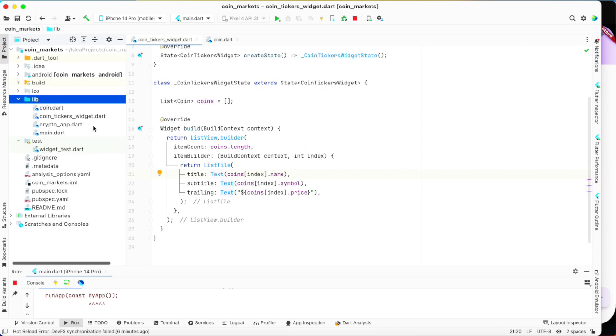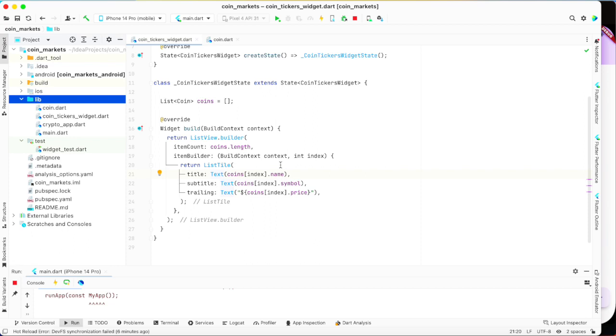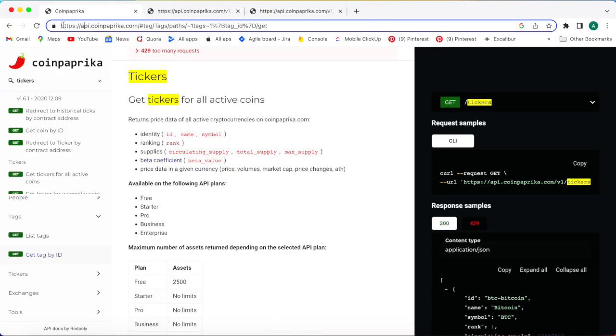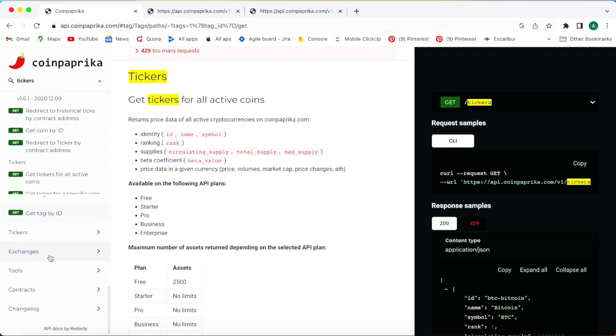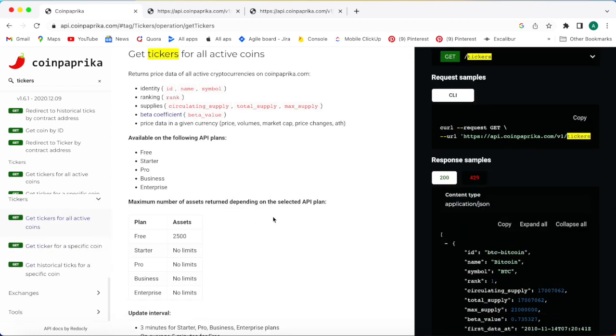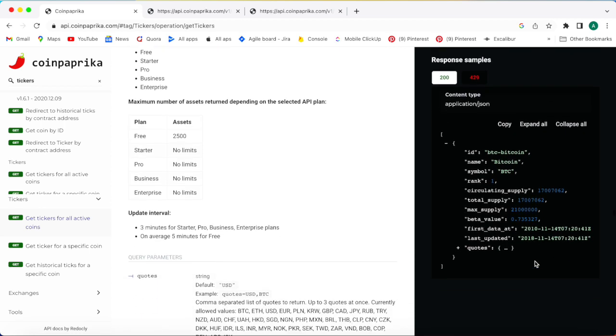Now what we have to do is create a method to fetch the data from the API. We are done with the UI, but we have to fetch the data from the API and assign it to the coins list. Let's head over to the CoinPaprika API documentation, and I'm going to use this tickers route. From that route, we can get the list of coin tickers